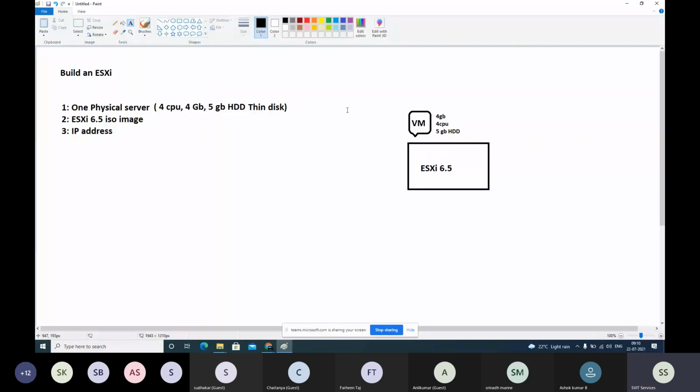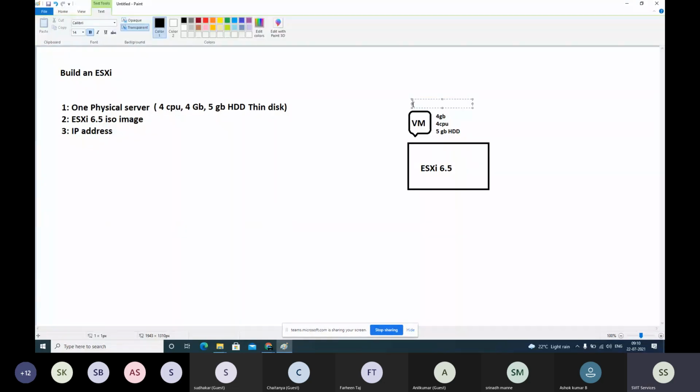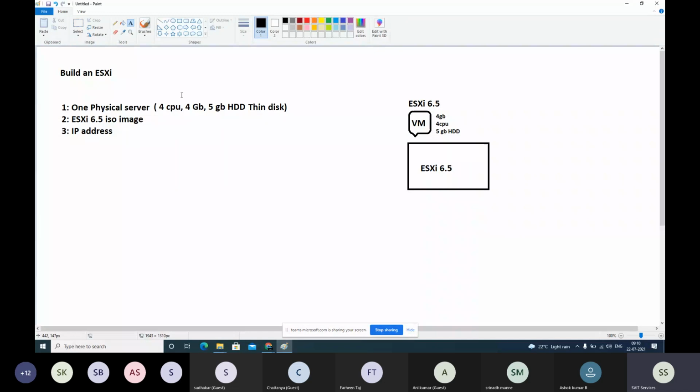Exactly. So now we will install the ESXi operating system here. Instead of installing Windows or Linux on a virtual machine, we will install ESXi 6.5. It should work because it is equivalent to a physical server with this much specification, and we have already met the specifications. Now we will install ESXi 6.5 on this virtual machine. This is limited to this lab only. In real time, you will be directly installing on a physical server.